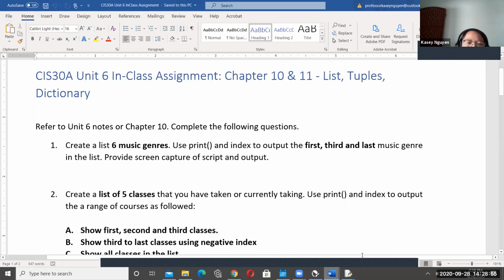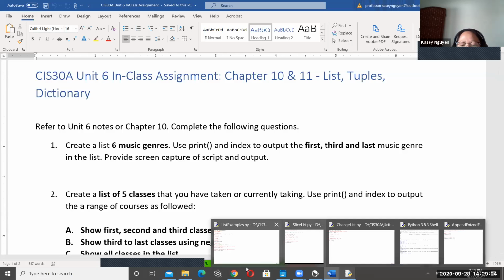But here is number 1. I want you to create a list of 6 music genres, right? Like rock, you know, R&B, pop, whatever you like. And I want you to use the print method and the index to output the first, the third, and the last from the list. And that's a very simple one to do. Okay, so to start,